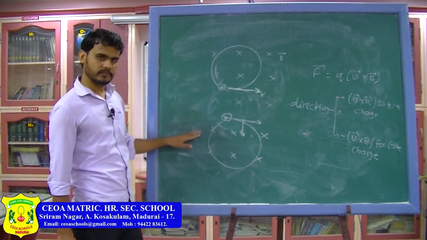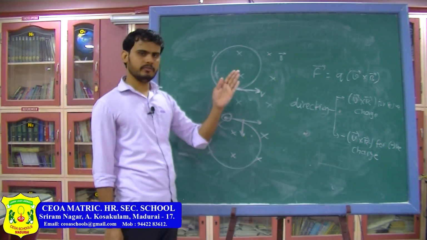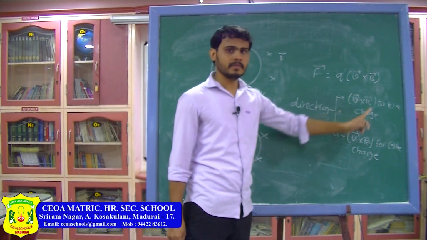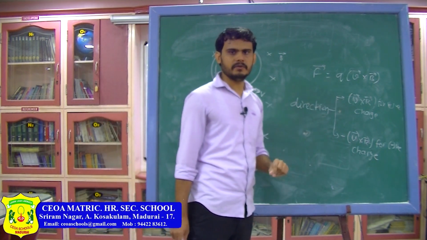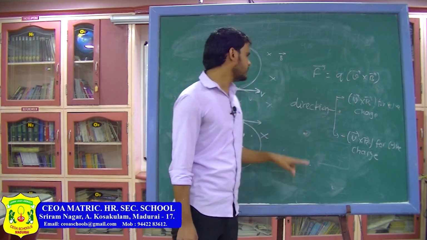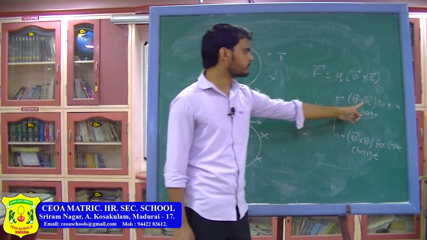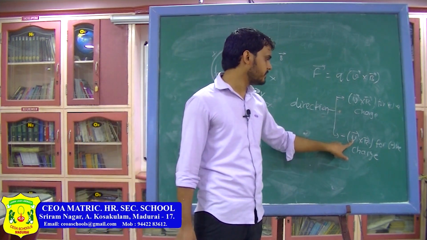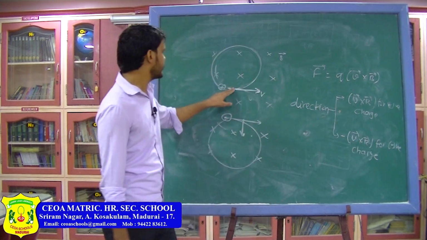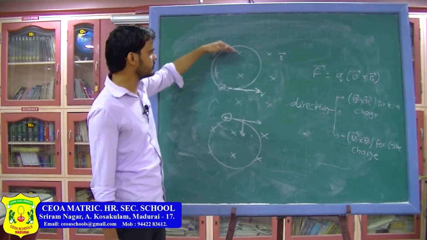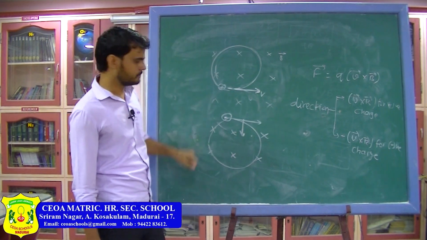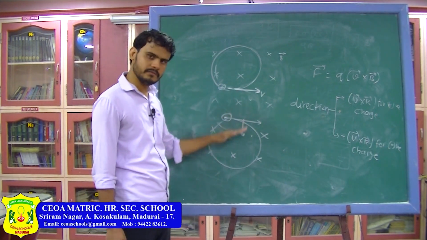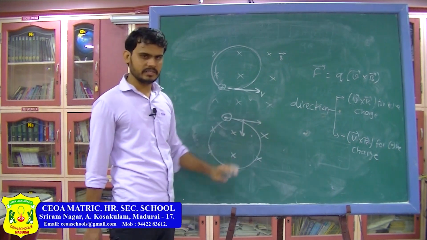Remember, this is one of the cases; they can change the direction of the magnetic field to outwards. In every case you have to first find v cross b and then see whether the charge is positive or negative. If the charge is positive, the direction of force is along v cross b, and if the charge is negative, the direction of the magnetic force will be opposite to v cross b. Here v cross b is in the upward direction, so the force will also be upward because the charge is positive. Here v cross b is again upward, but the charge is negative, so the force will be in the downward direction. So remember these things.